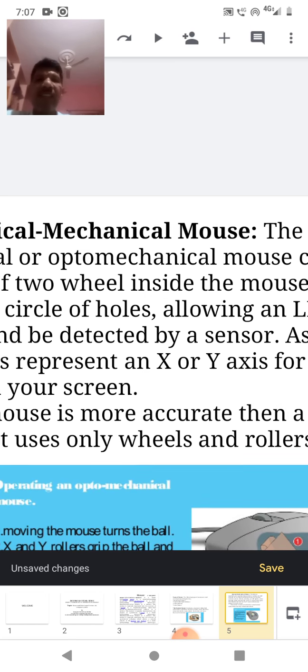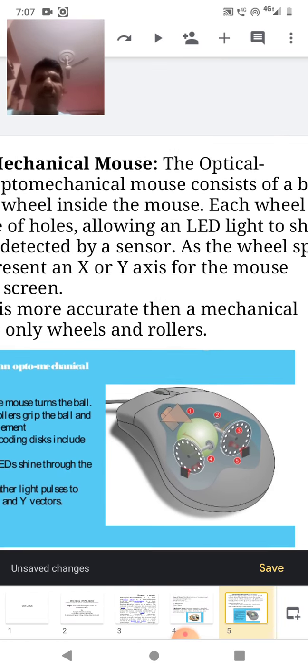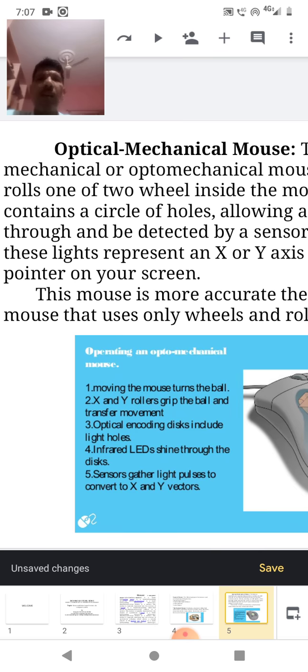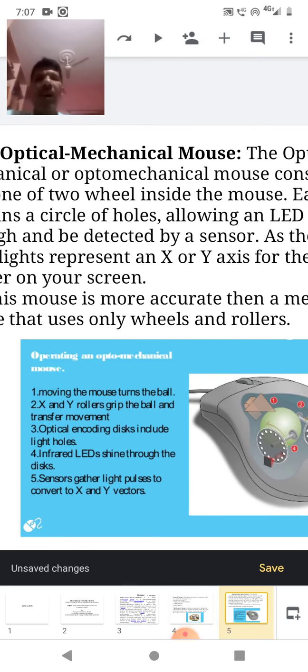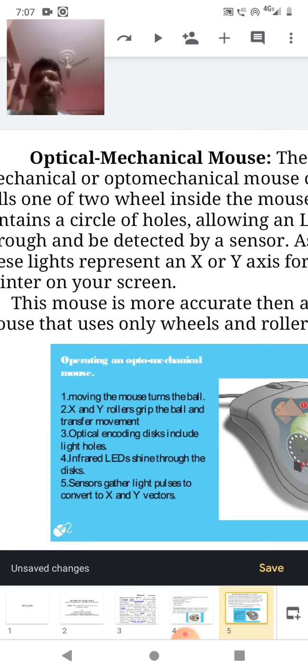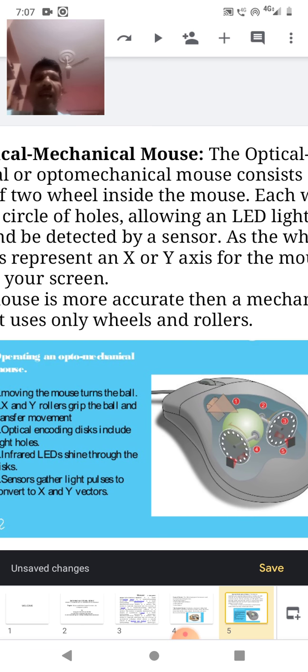Then the next one is the optical mechanical mouse, also called the optomechanical mouse. It consists of a ball that rolls one of two wheels inside the mouse.